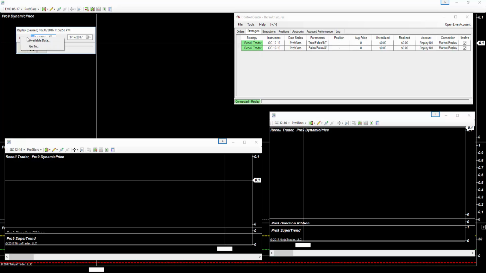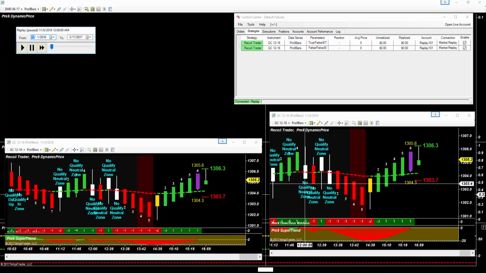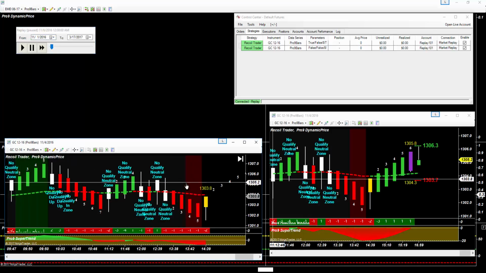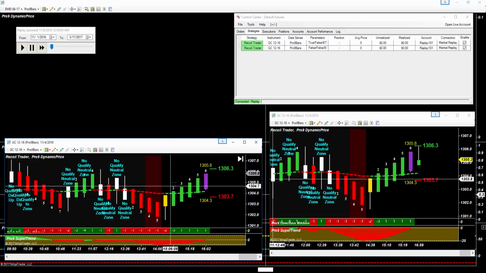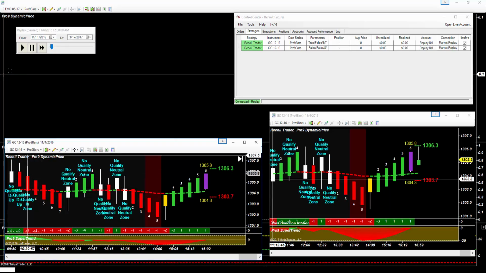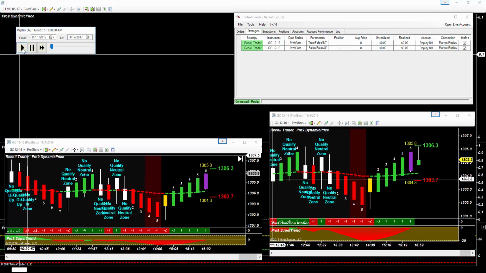So I'm going to go ahead and select the day I want to go to, which was 11/6/2016, and I want to go ahead and start at 12 a.m. And then once that loads, since there were a couple days before the date I selected, you will see some data load in here. Once it loads, go ahead and hit play,